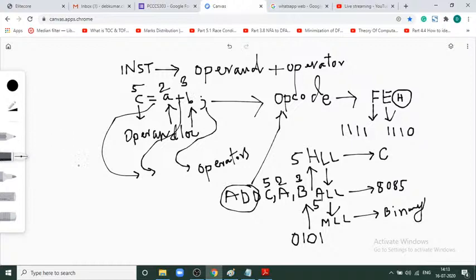Okay, so a computer is basically, so this is basically the instruction. What is an instruction set? An instruction set is a collection of instructions. For example,